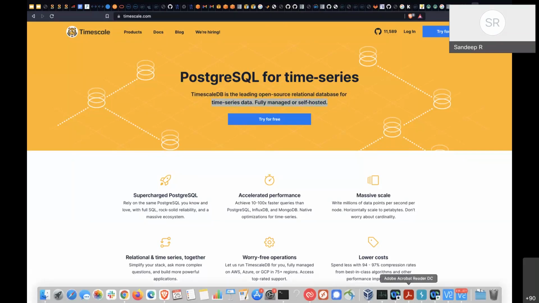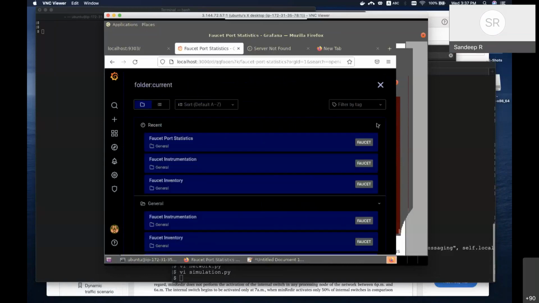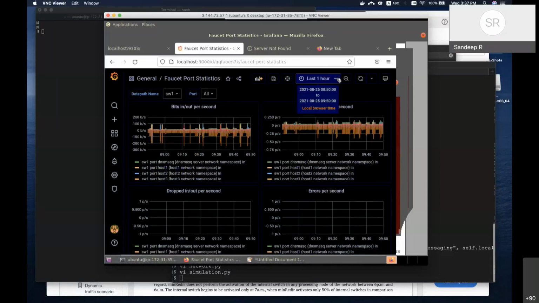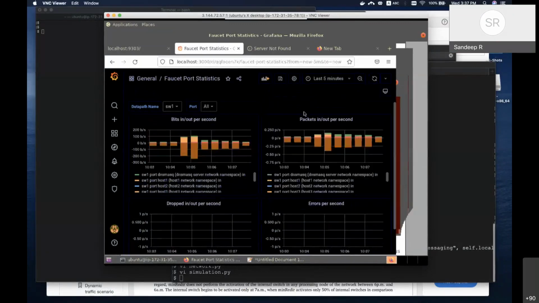For instance, I'll give you an example right away. Look at this, right? Today, let's go back to the faucet statistics. Here we want to see the last 1 hour. What was the traffic pattern in the last 1 hour? What is the traffic pattern in the last 5 minutes? That means the whole data is sliced into different times, and when you make a query, it is able to either integrate or differentiate. Either it is a summation, or it's a linear scale anyway.